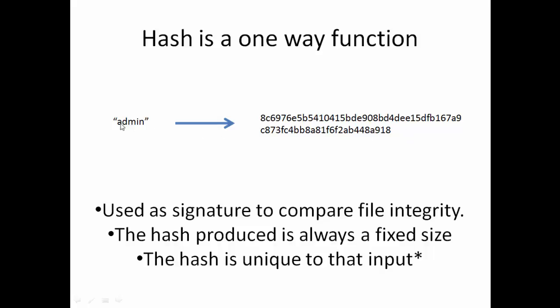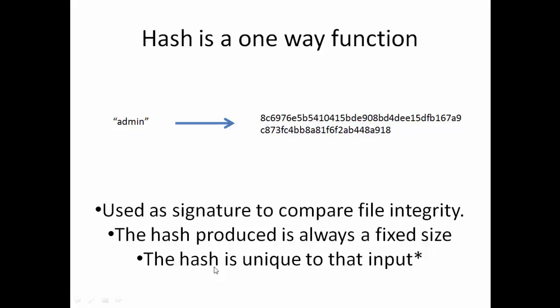It's the one we're going to use later on, and it always returns, I believe, 64 characters. So even if I put AD instead of admin, I will receive 64 characters, a totally different signature, a totally different string. Or if I put admin1, it's going to be a totally different string,